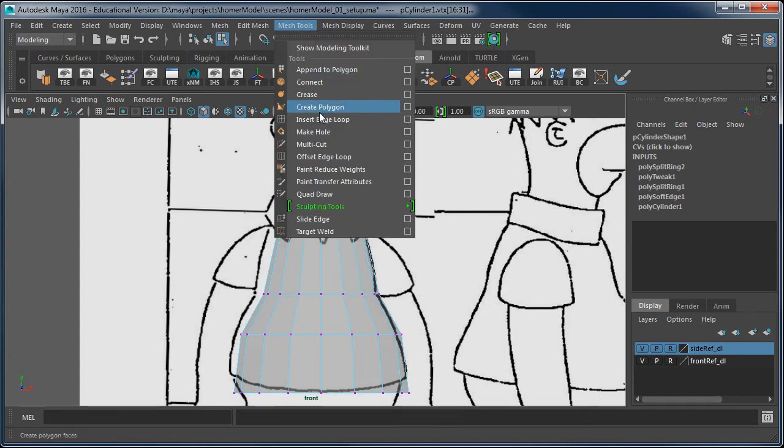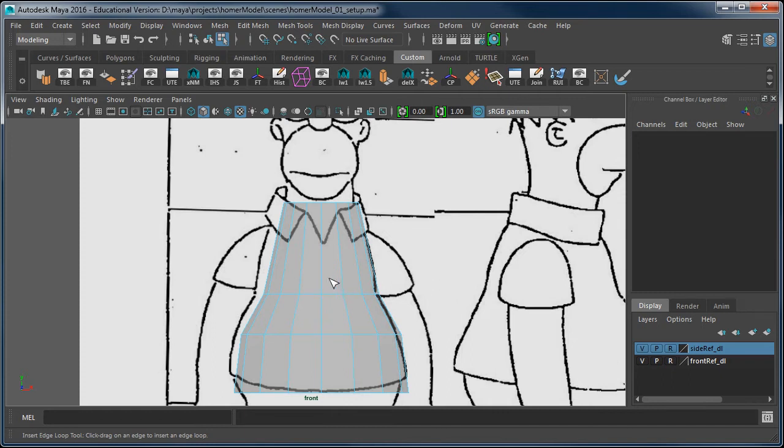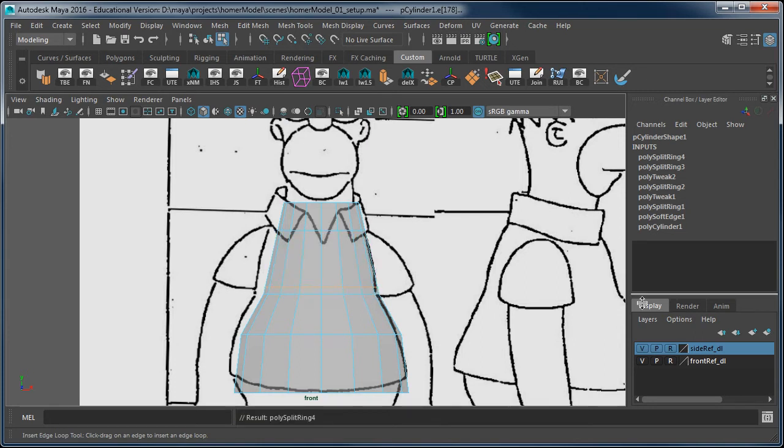So Mesh Tools, Insert Edge Loop. Click and drag. And what I'm going to do for this one actually is kind of define his shoulder. And then I want to also define where his arms are coming out, which is about here. Something like that. And do those need to be adjusted? So I need to exit the tool, Q,